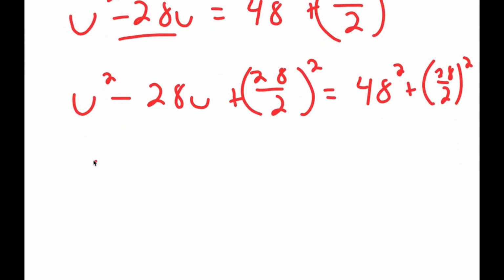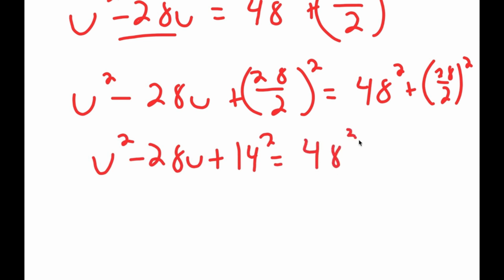And 28 over 2 is 14, so I get u squared minus 28u plus 14 squared, which is equal to 48 squared plus, again, 14 squared. The reason I used completing the square was because now I can factor this. This turns into u minus 14 squared,